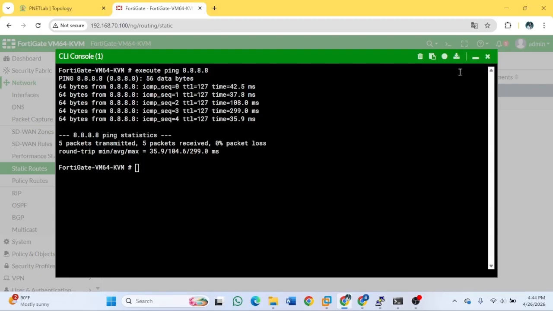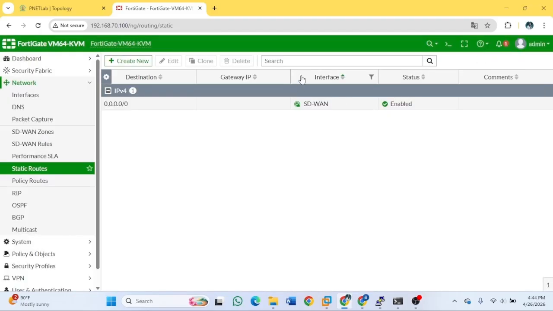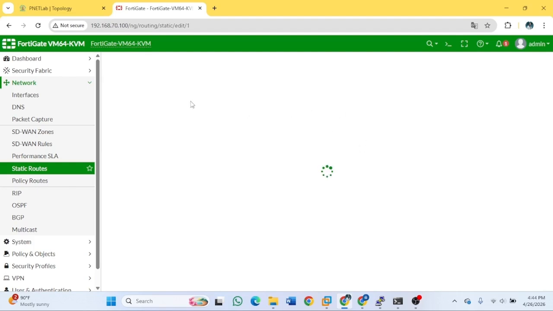We get the ping from the internet. Okay, SD-WAN is enabled and success to get the internet.